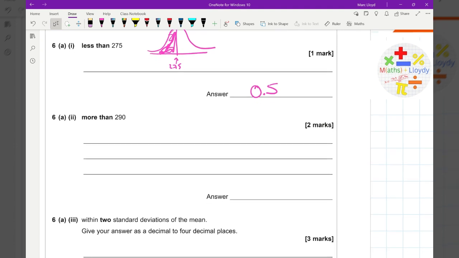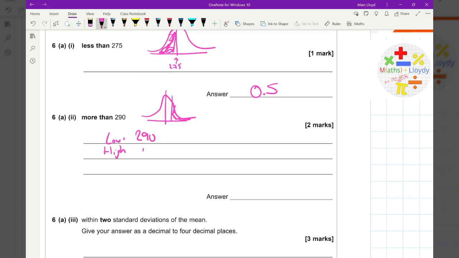So we're going to go into our normal distribution, normal, and then we're going to do NCD, and we're going to have a low value, which I'm putting as 290 because that's the value. We want more than 290. Oh, that's a terrible curve. There we go. So there's the mean, and we're looking up at this end here. And then for the high value,